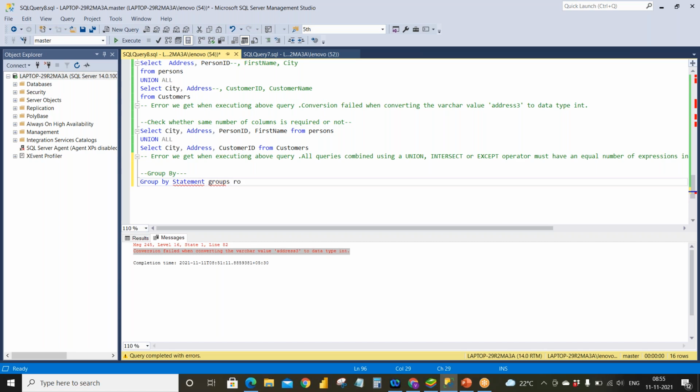It groups rows that have the same values.